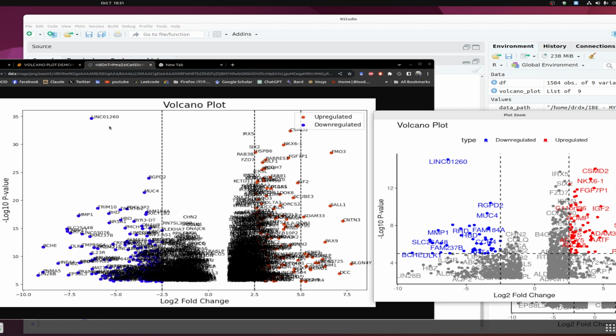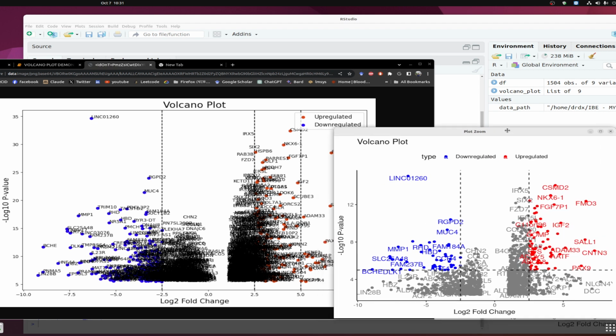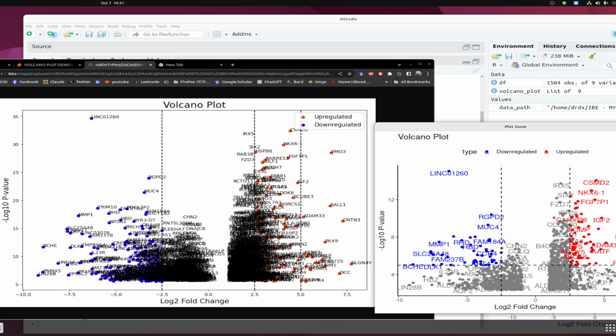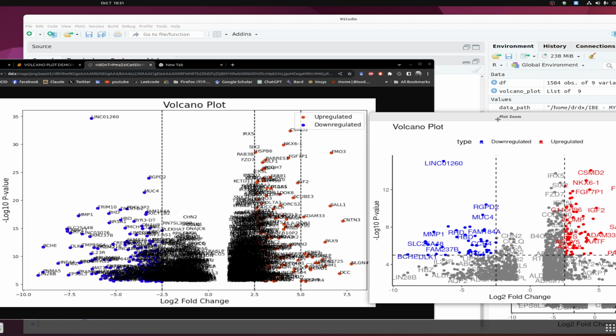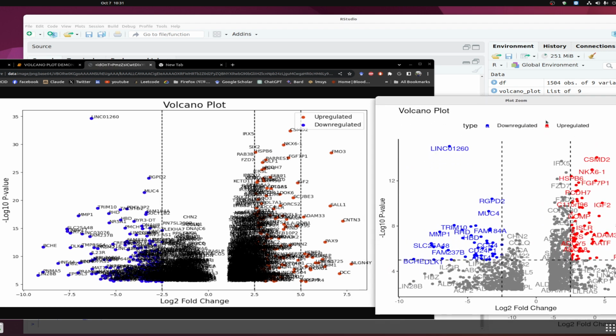Okay, long non-coding RNA is expressed in here, RGPD2 in here. The calculation is a little bit different in R and Python, so that's generated this. And you can look at the CSMD2 top upregulated, CSMD2 top upregulated. So there are certain differences in their structure, but you can see that downregulated and upregulated, almost same genes expressed in here and there. So these are the basis of it,